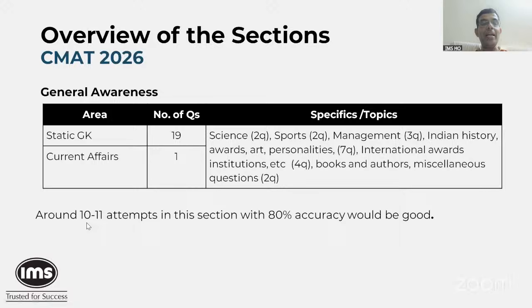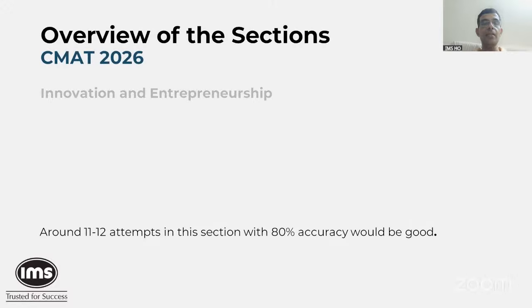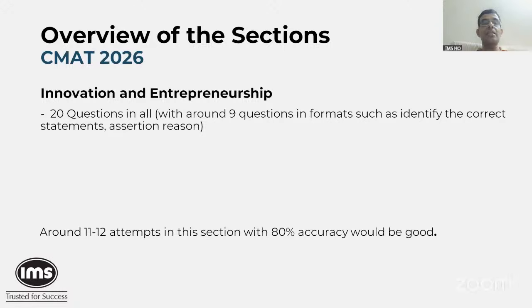So what we are looking at is about 10 to 11 attempts in this section with 80% accuracy would be a good attempt. And the last section is innovation and entrepreneurship section. As I said earlier, these two sections, innovation and entrepreneurship and general awareness, are the ones wherein, if you can score well, that will take your score